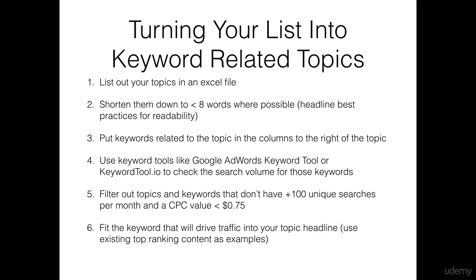Now, the difference between Google AdWords Keyword Planner and Keyword Tool is that Google AdWords Keyword Planner requires you to have the exact keyword that you're looking for information on, whereas Keyword Tool allows you to use the power of Google's autocomplete to discover new keywords. So if your seed keyword was Facebook marketing, with Google Keyword Planner, it's only going to show you data related